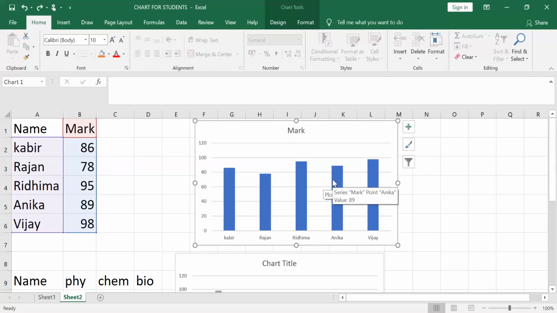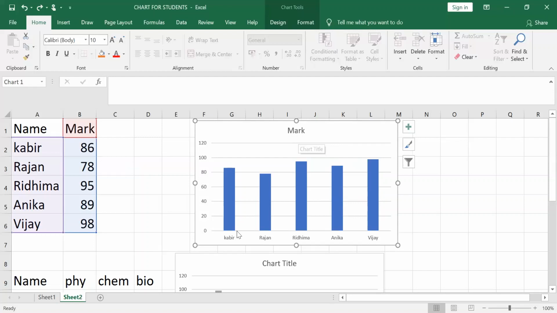So the user, by seeing different colors and different designs, can be interested to see your chart. So changing the appearance of a chart, we do the formatting. Okay, now how to do the formatting? I can change the title. You can change the title text, that will be the font, color, then width, border style.